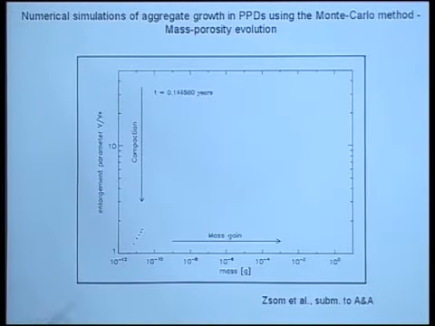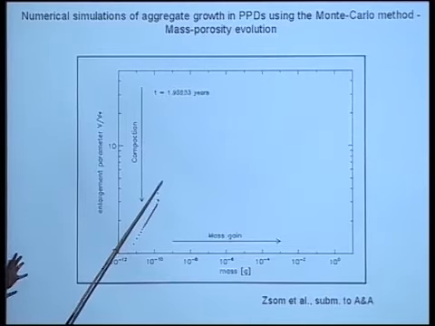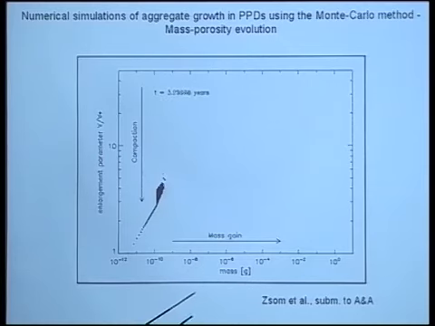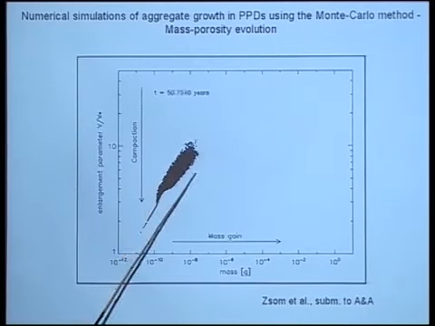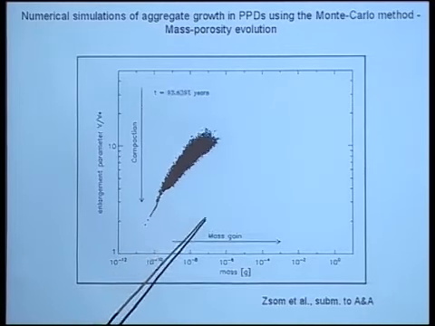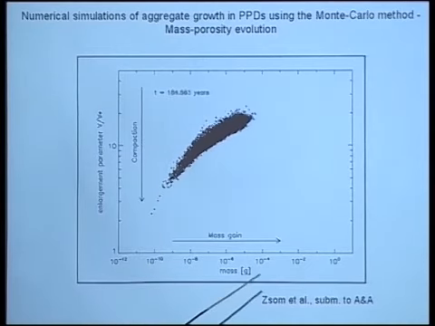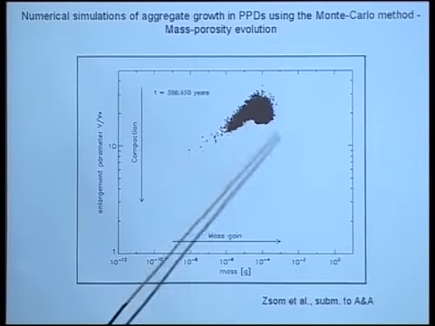Okay, this is the movie. What happens? Time is running here. This is the mass of the grains, and this is the enlargement parameter, so the porosity, if you like. Mass grows, porosity grows as well. Time goes on logarithmically, so you'll see that speeds up soon. So this is the mass distribution, it's the width here, and the porosity distribution, it's the height here. So this goes on very, very fast, mass gain.